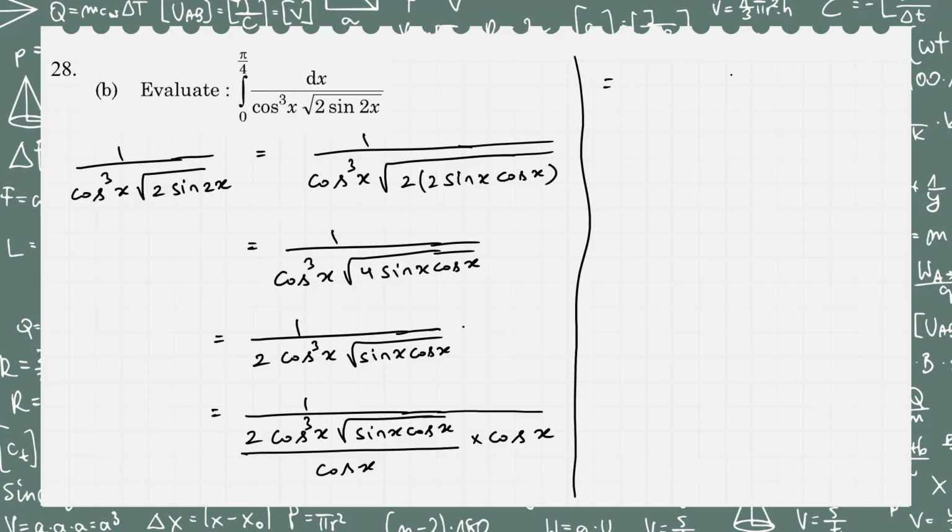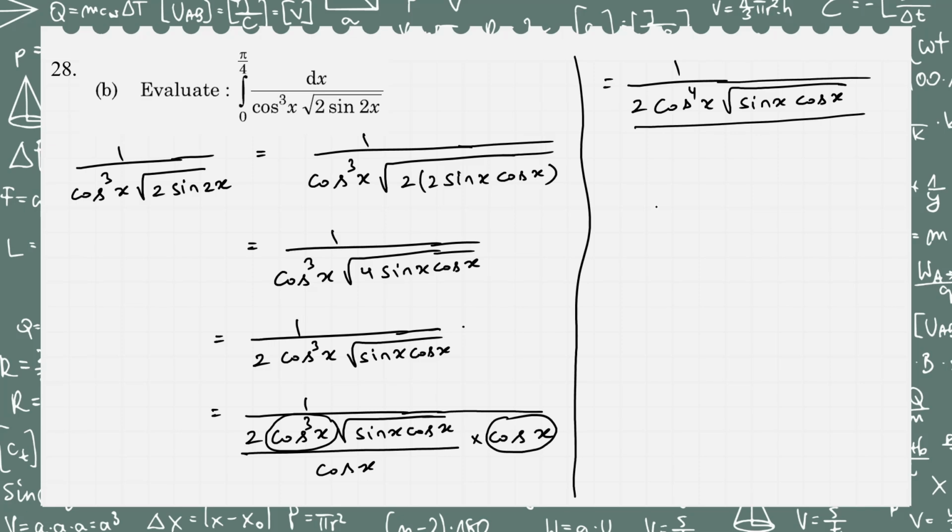So this will give us 1 divided by 2. This cos cube x and this cos x will multiply to give you 2 cos power 4x into root of sin x into cos x divided by this denominator cos x, which we can write as root of cos square x,